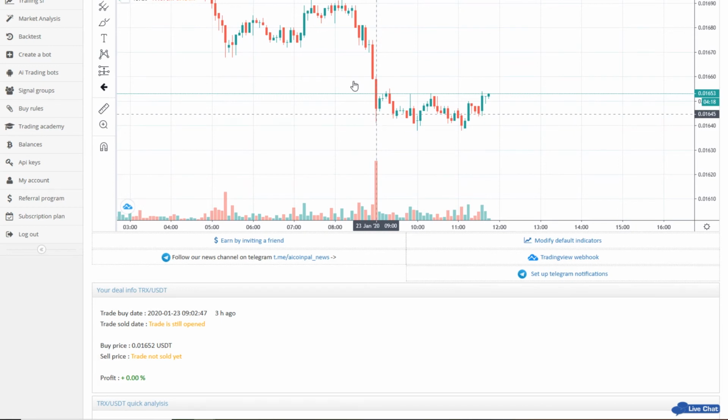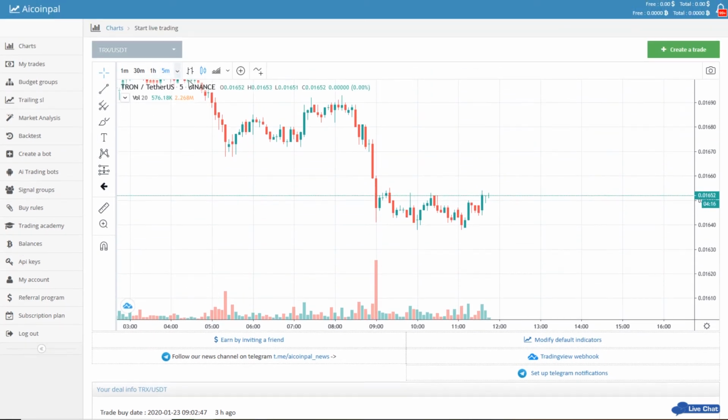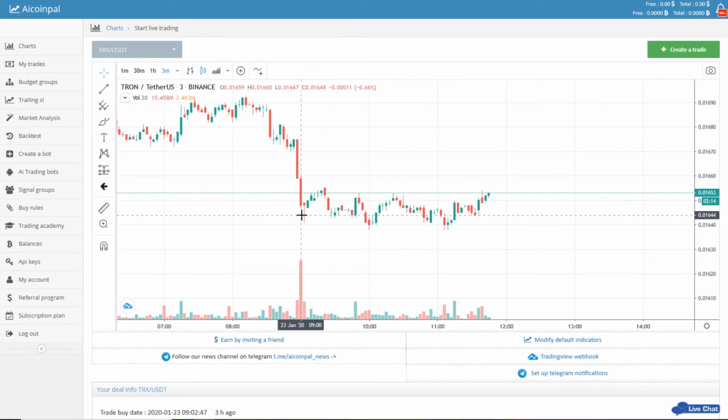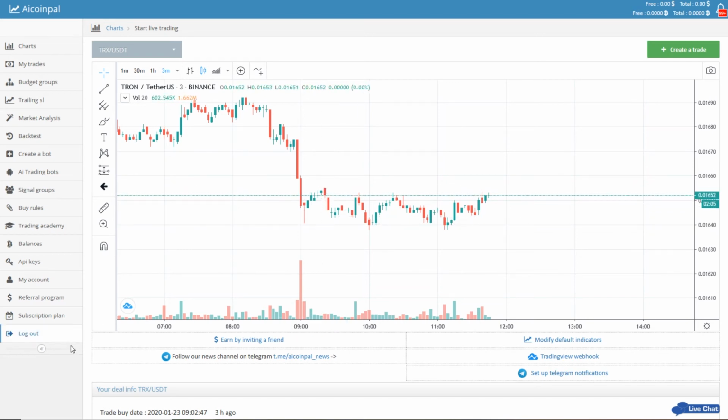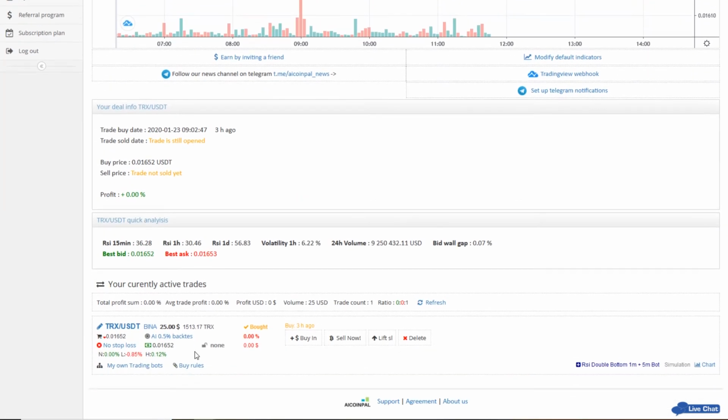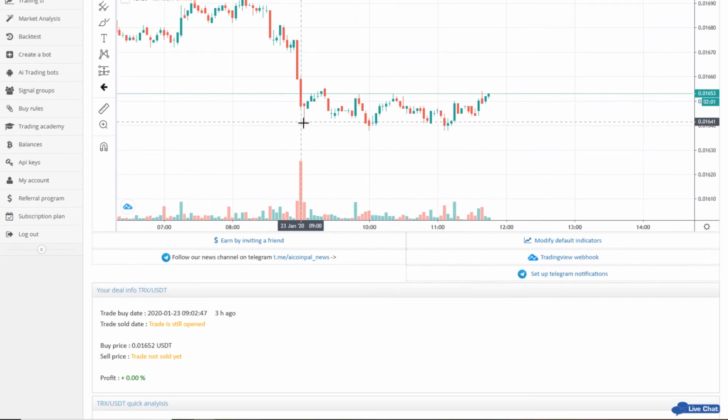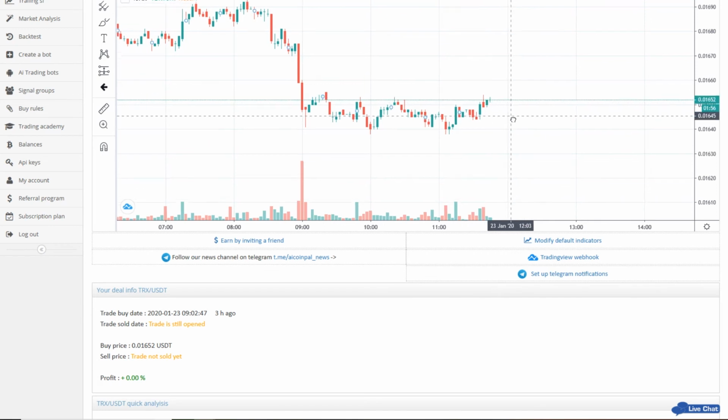We need to shift to a smaller time frame. Let's use 3 minutes. It bought here. Actually, it bought in a pretty good place. You can see the downfall. However, the target didn't reach. We had a highest point of 0.12. The target didn't reach. So then the market was going up, down, and now it's starting to do some kind of